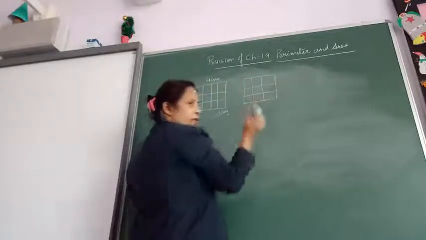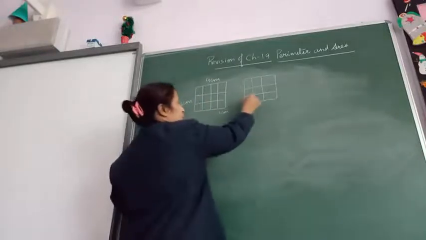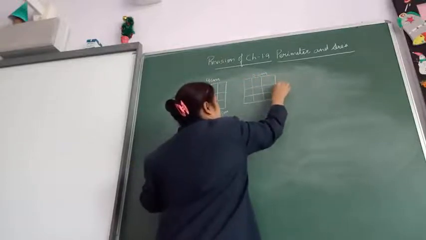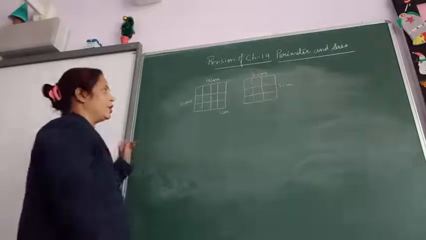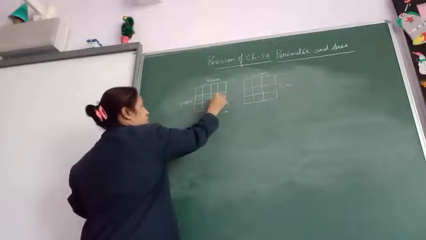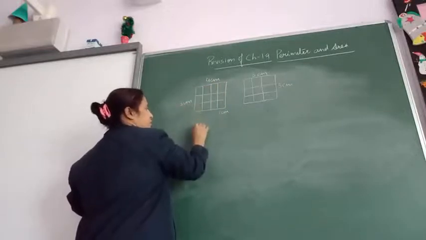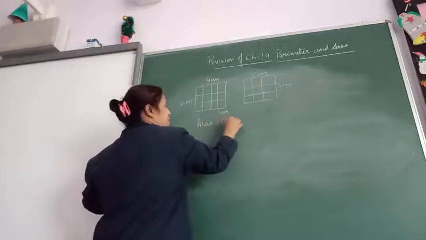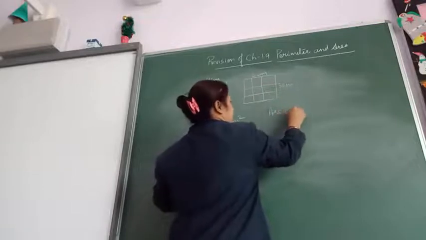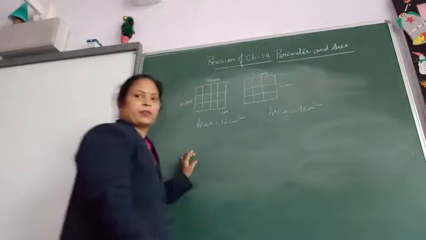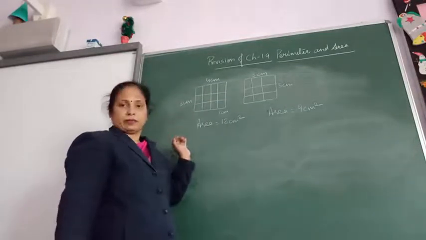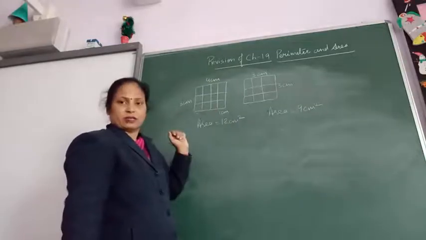So here also, if I take one piece as a 1 centimeter unit, the length will be 3 centimeter, that is 1, 2, 3, and the breadth also is 3 centimeter. Now what you will do, just count. If it is like that, 1, 2, 3, 4, 5, 6, 7, 8, 9, 10, 11, 12. So this has an area of 12 centimeter square. And if you count this one, you will find the area is 9 centimeter square. So by seeing the area, you can easily identify this chocolate is bigger than this one. So you will prefer this one.